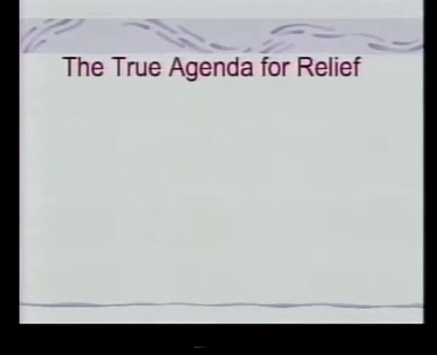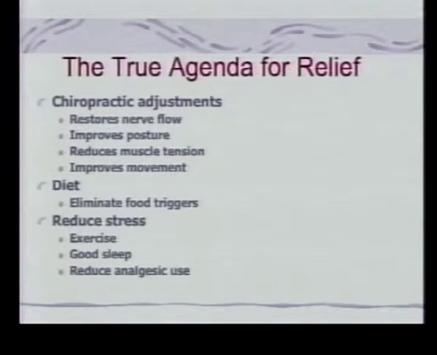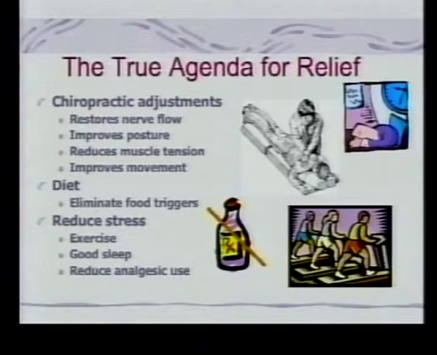The true agenda for relief. As a chiropractor, I think the most important thing is to have your spinal alignment checked. Chiropractic adjustments. That restores nerve flow. We improve posture and reduce muscle tension. And we improve that range of motion globally throughout the whole body, but individually in the various joints of the spine. Then obviously your diet can be upgraded. You can remove food triggers and reduce our stress, increase our exercise, increase our sleep, and reduce the use of